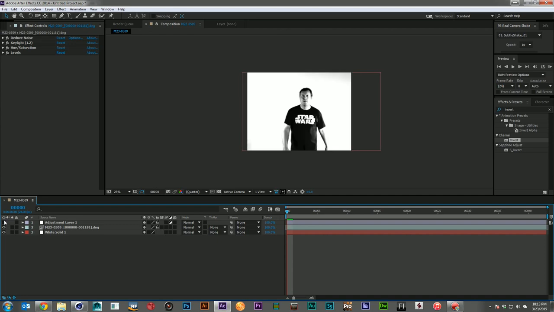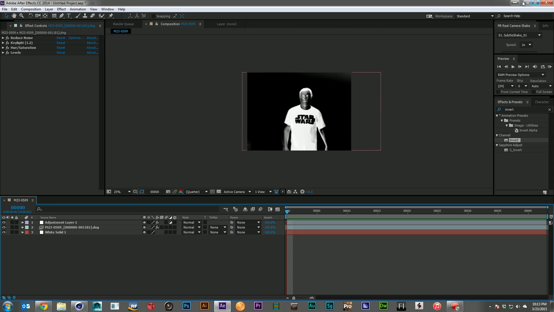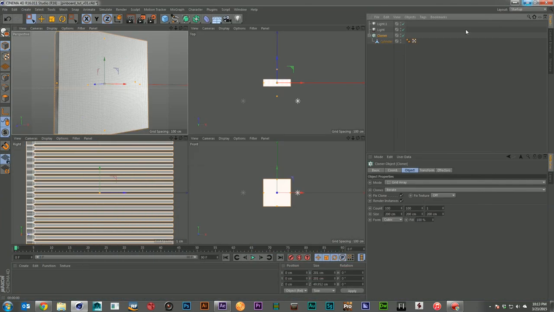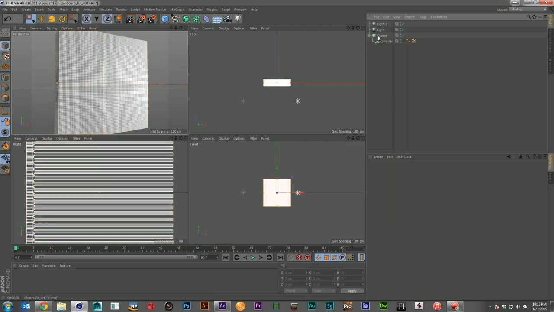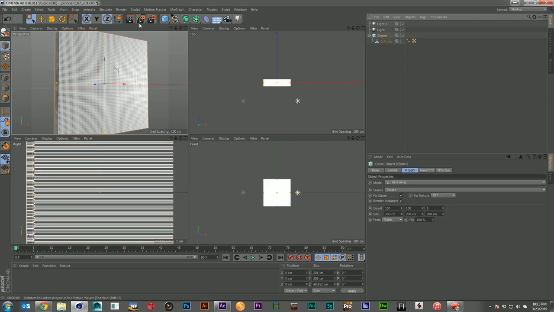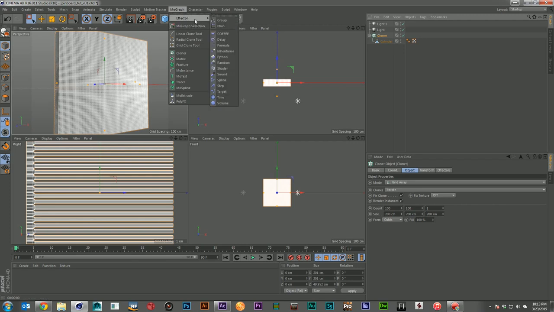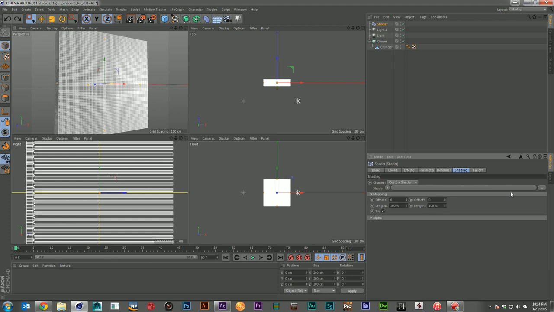And that's just not going to look right unless you want it to have an inverted look, in which case, cool. So I went ahead and inverted it because I want to try to match that Nine Inch Nails look. So how do I get that video onto these clones? It's really, really simple. We're going to use one of my favorite effectors, which is the shader effector, which is bringing in an image and applying it to our clones.